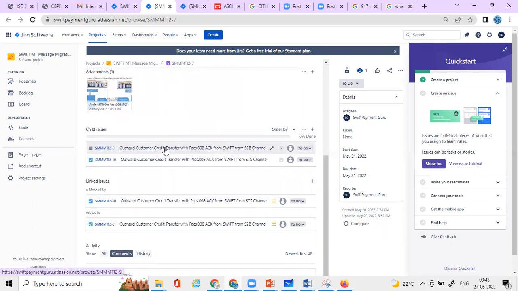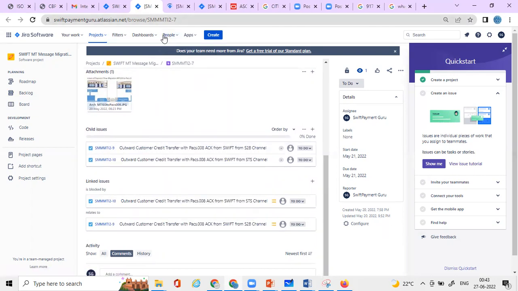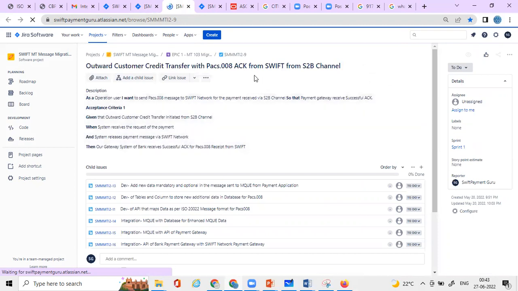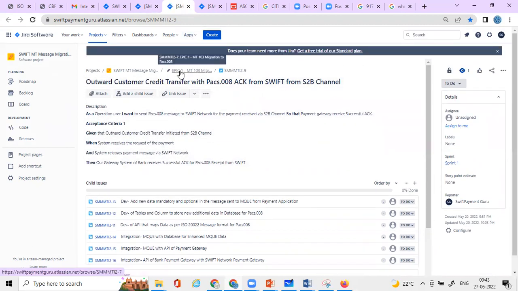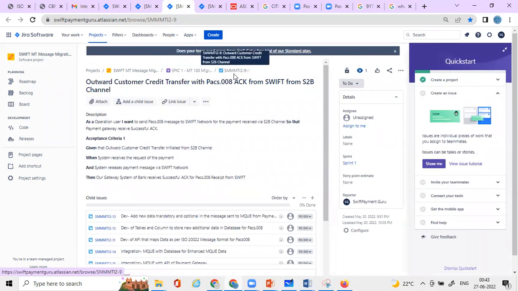So the first user story is this one. I'll just show it to you. So the first user story under that epic looks like this. See, epic one, and this is the user story. I have written: as an operation user or as a system, I want to send the pacs.008 message to Swift network for the payment received for S2B channel so that the payment gateway receives a successful